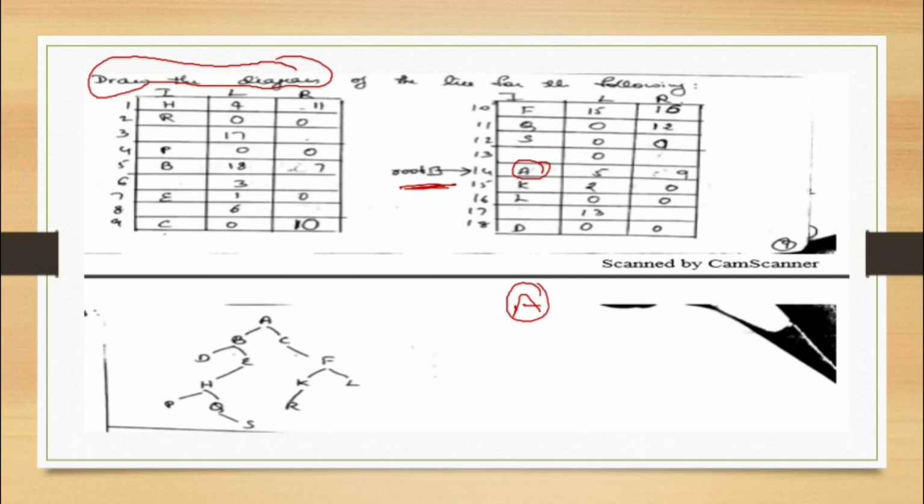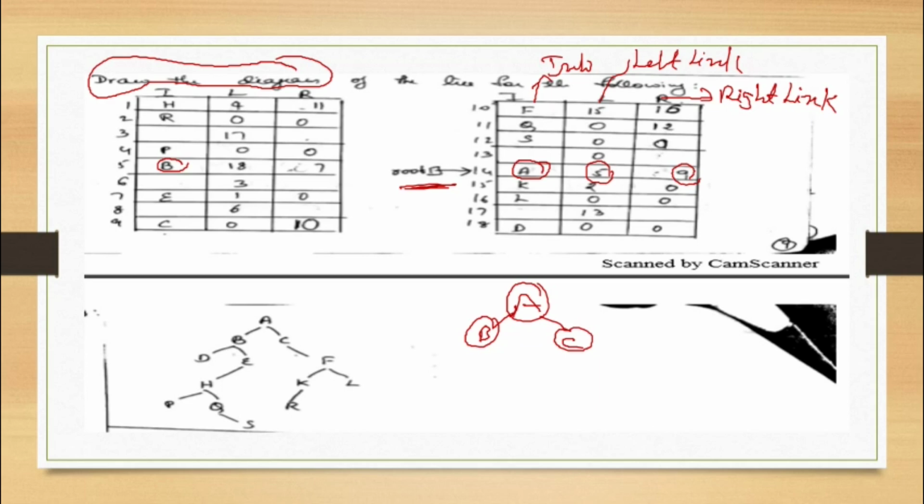L represents the left link, I is the info, and R is the right link. Now if you see, in the fifth location you get the left link, which is B. In the fifth location you have B, so I draw B that way. And in the right one, in the ninth location you have C, so that is how I get C.